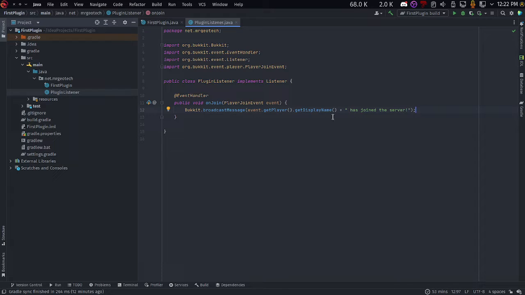So this will work. Your player will join the server, and it will broadcast to the server this entire message. But it's just going to be displayed as normal white text. Like there's not going to be any colors or anything like that. But let's say we want to add some colors. So how we can do that is